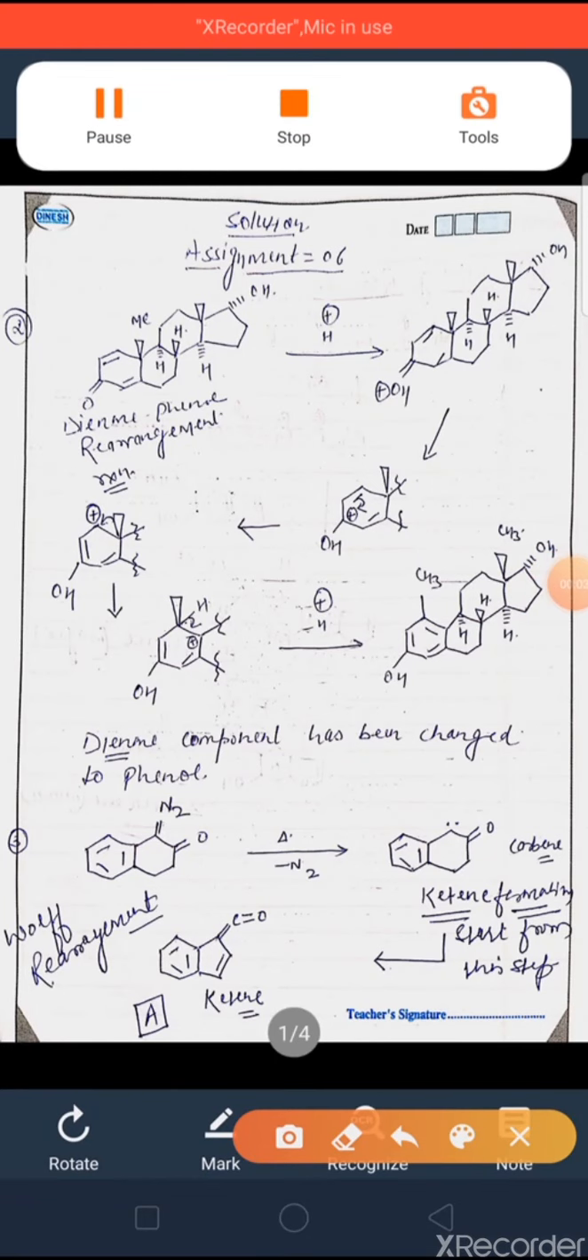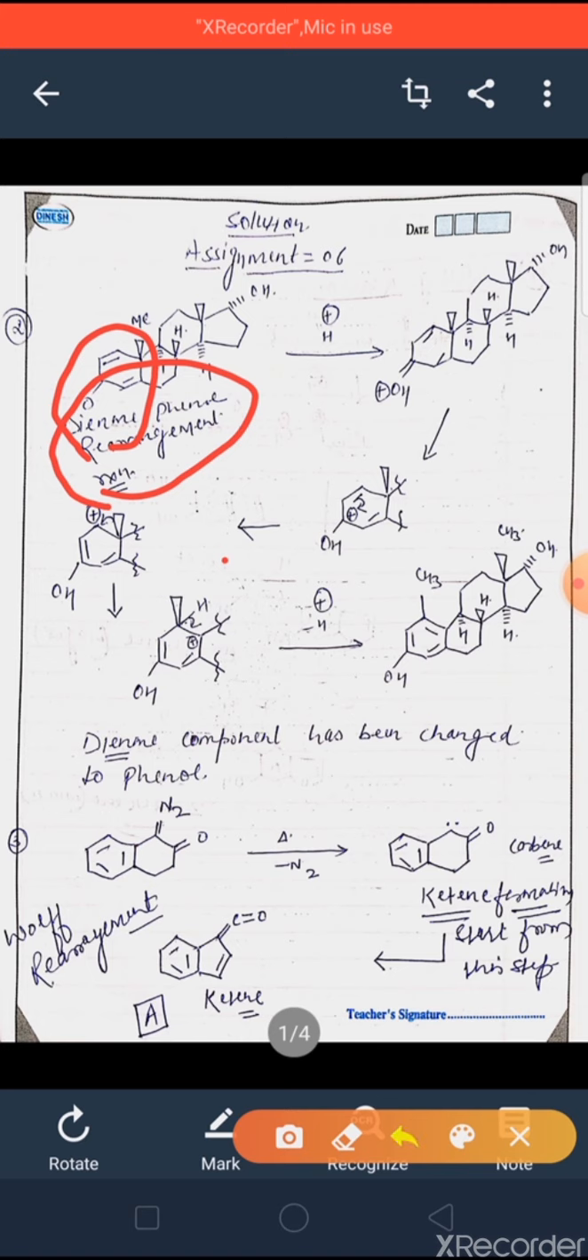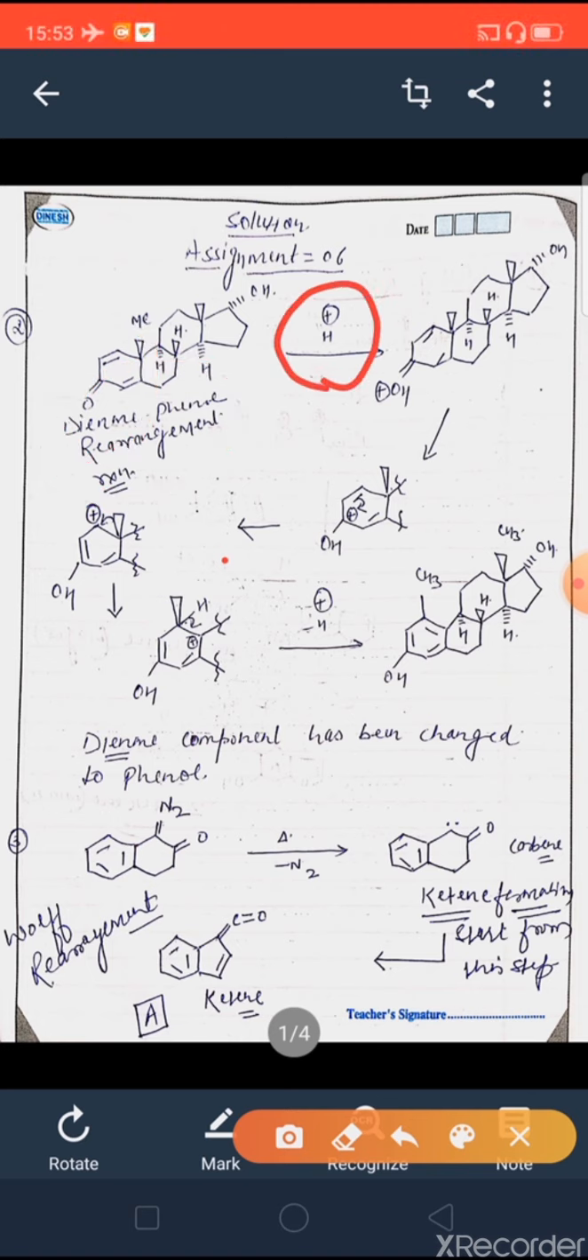Today we are going to discuss the solution of assignment number 6 and assignment number 7. Starting from question number 2, as you know, this is basically a dienone-phenol rearrangement reaction, and this is the dienone component of this particular reactant. When this dienone component reacts with H positive, it will get converted into the phenolic